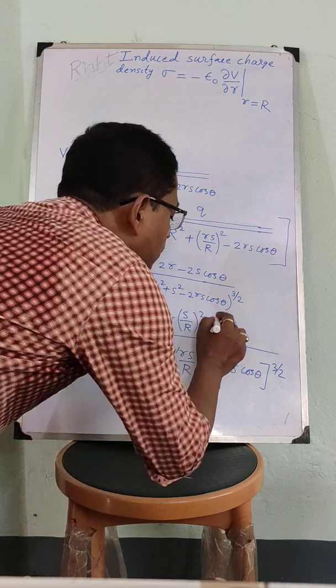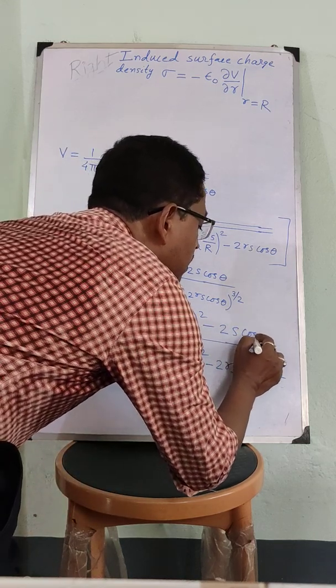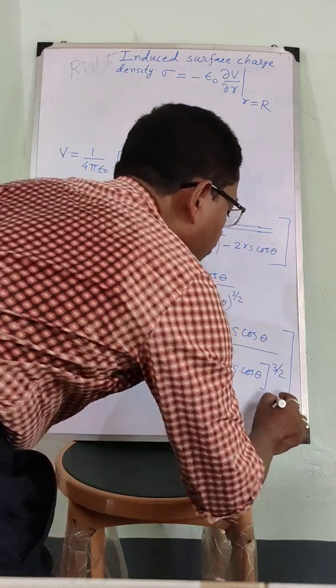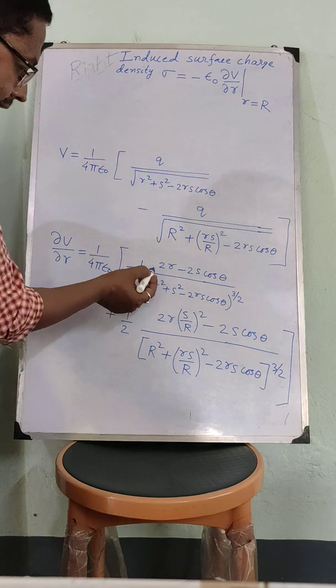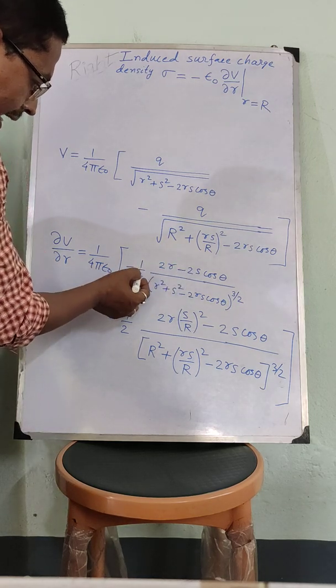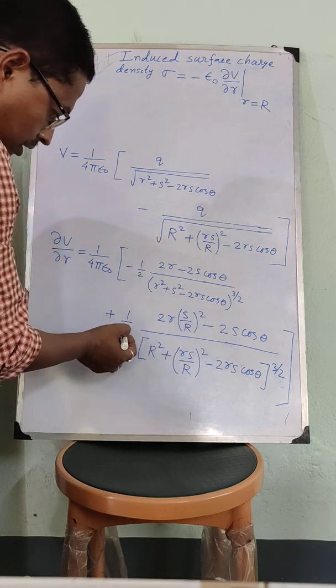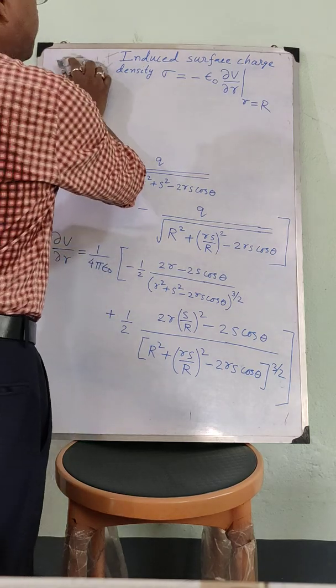Here I will have minus 2s cos theta. So this is our expression of del v del r. Now you can see this 2 and this 2 will cancel with this 2, and this 2 will cancel with this 2. So I can write down